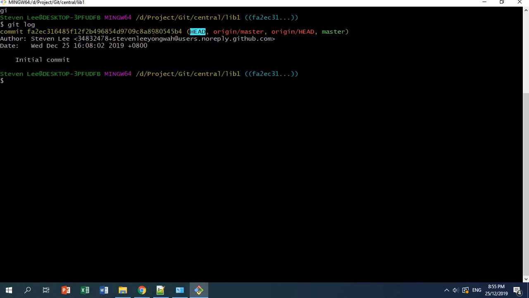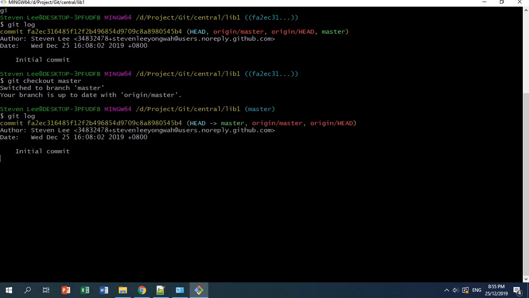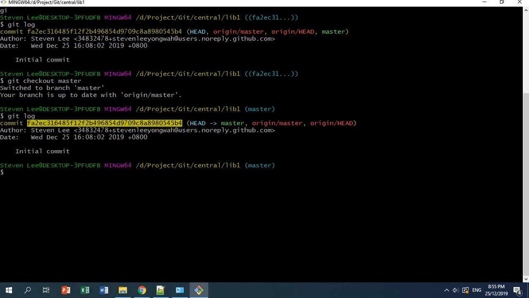So if you want to make some commit on top of this commit, what you can do is use git checkout master branch. After that, you can continue to make the commit on top of this commit so that the commit that you make will be tracked by the branch. Your head won't be in a detached head state. Okay,